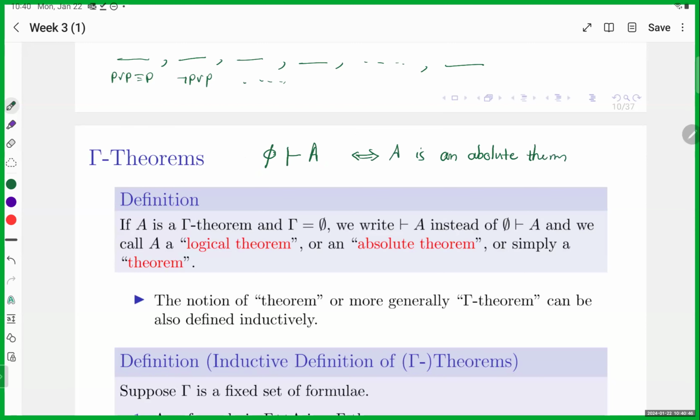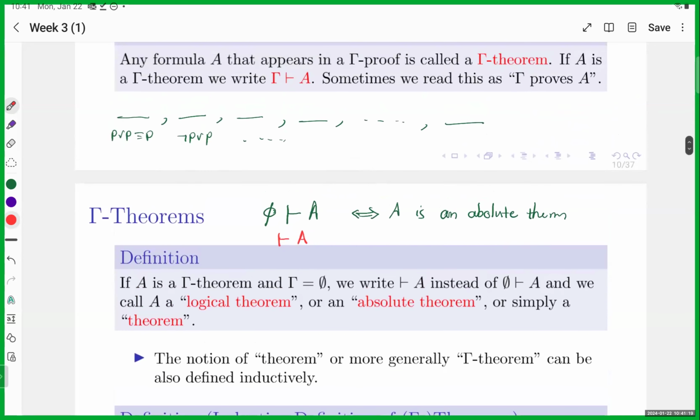Now, usually, if A is an absolute theorem, we don't write the empty set, and we just write this. So this means I don't have anything on the hypothesis side of this proof. Yes? If you're working with no hypothesis and you're just working with the axiom, what's the point of modifying it if you know that the work is just... Yeah, but you want to